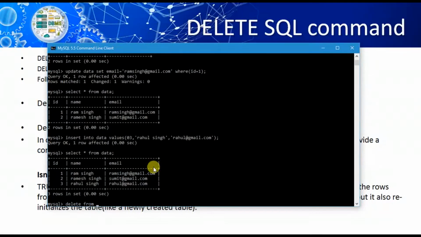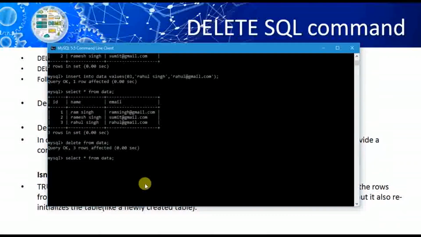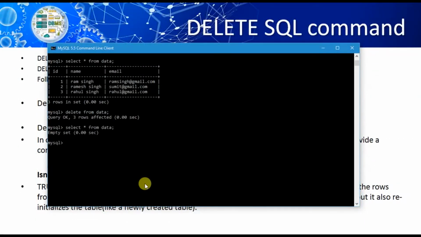Delete from data. Hit enter. Look at here, it is displaying Query OK, 3 rows affected. Now if I select the data from the table, look at here, what will be the output? It is displaying the empty set because I have removed the whole data from the table.